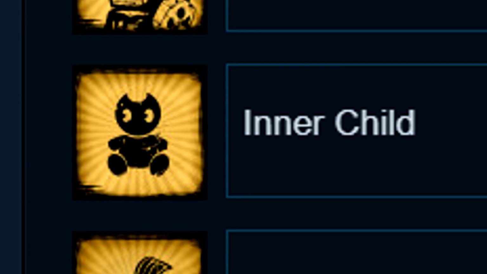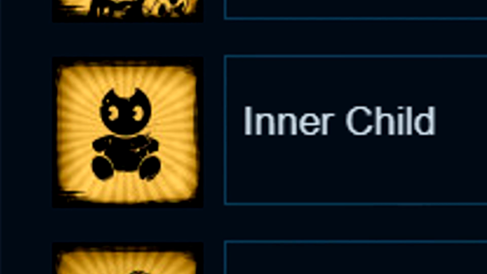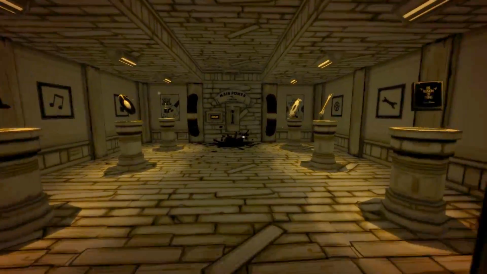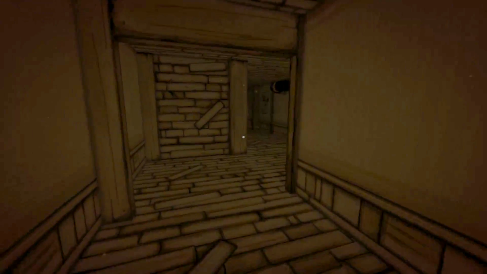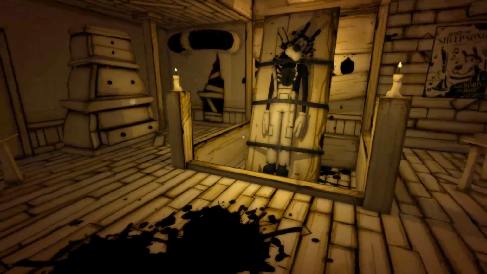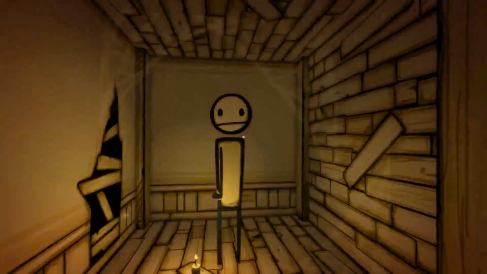Next up is Inner Child. It has an icon of a Bendy doll, which suggests to me that this achievement is there for collecting a Bendy doll or for playing with a Bendy doll. Perhaps we even get to hand somebody a Bendy doll. You might remember at the end of chapter 2 that when we enter the S3 vault, before coming across Boris the Wolf, we can see shelves lined with Bendy dolls. So it could have to do with that. It might have to do with replacing Bendy dolls,